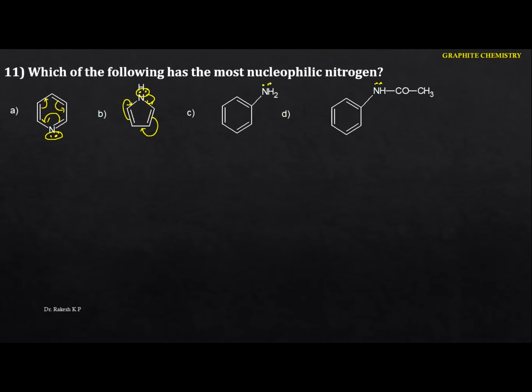Similarly, in the same way here also, this lone pair of electrons is involved in the resonance. Like this, so this becomes here. Here also we can identify the resonance. That means again the electron density on this nitrogen atom decreases. So come to this one here. Here this becomes here, this goes here. But remember one thing here. I'm going to split this structure here. Just go to this one here.